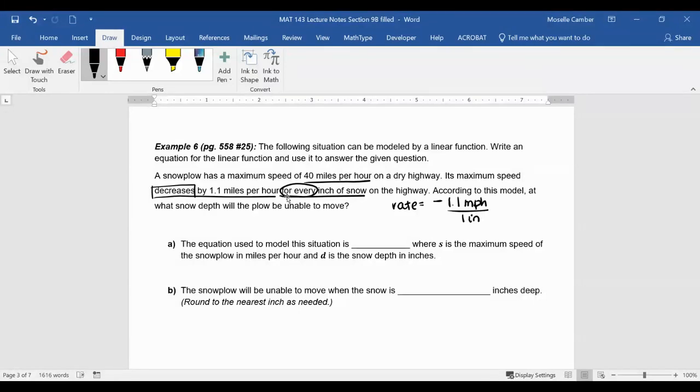So in this case, we are comparing speed with the amount of snow. Okay, so because speed is on top, this is going to be my dependent, and the amount of snow is going to be my independent. And they want us to use S for the speed of the snowplow and D for the snow depth. So we're going to have S equals something, my rate is negative,